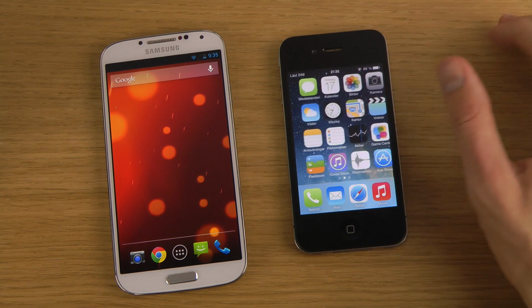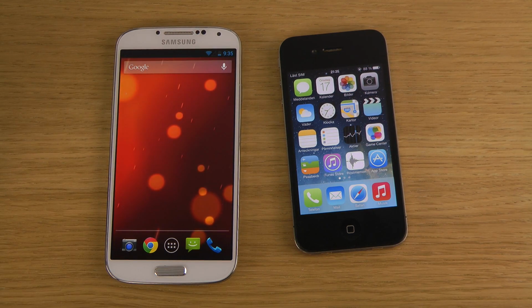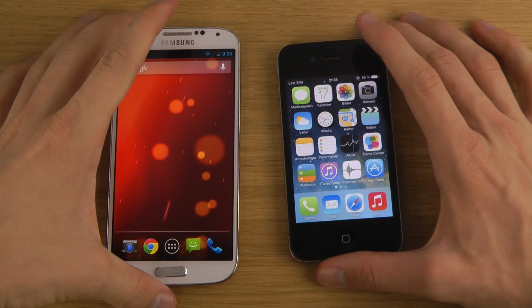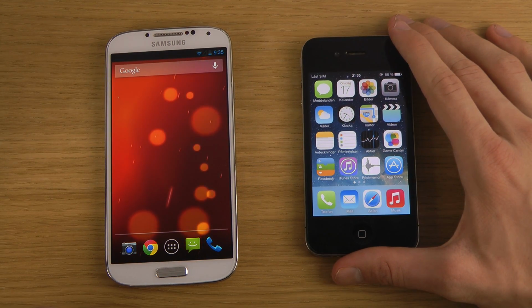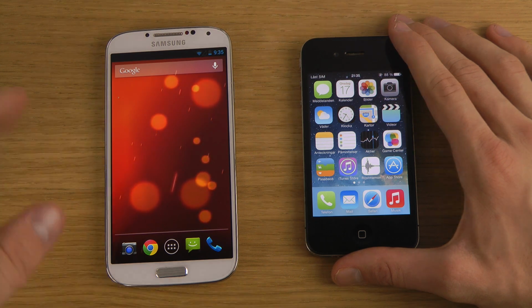Of course, they're doing that so the phone doesn't get too slow to not even be able to use it. It's already starting to get a little bit slow here, and I mean that's kind of what we should be able to expect from a phone that is starting to get kind of old here. 2010, that's a long time ago,